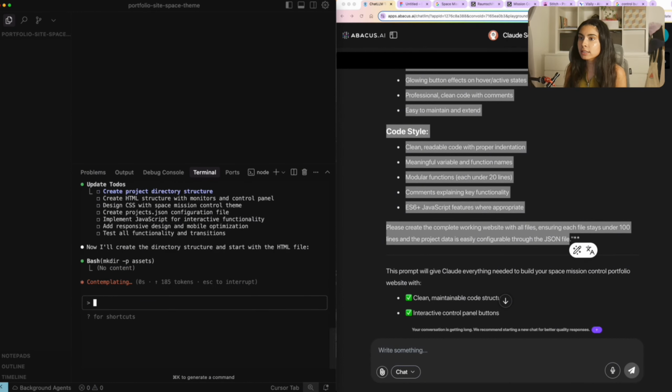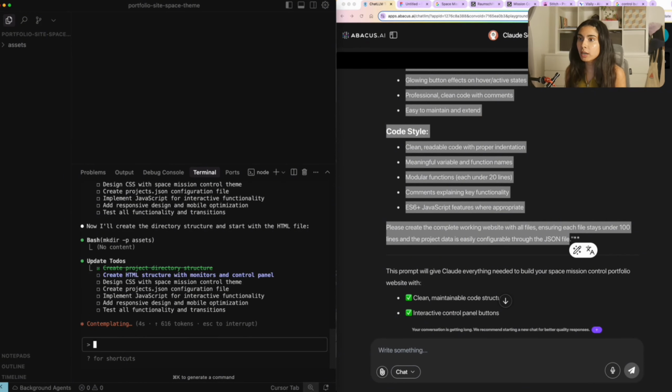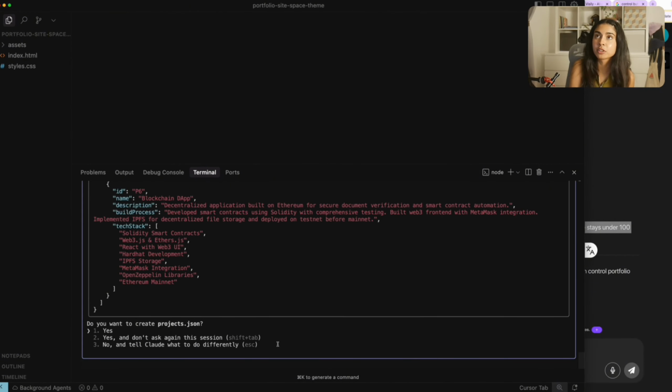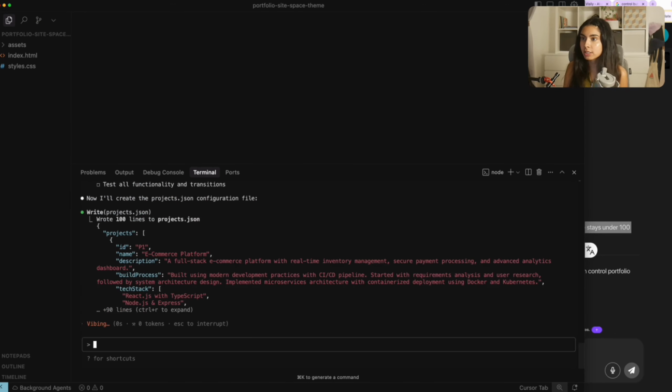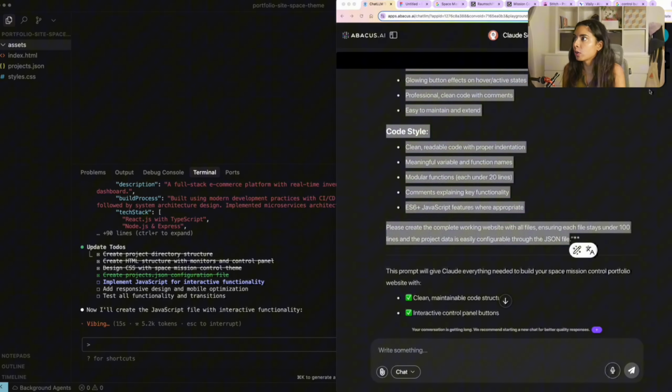It just understands the context of the entire repository so much better. Okay, it's 9:47 now, so we have how much? 40 more minutes? Not a lot of time. Do I want to create a projects JSON? Yes, I do. Okay, in the meanwhile, while this is coding it for us and vibing away, we are going